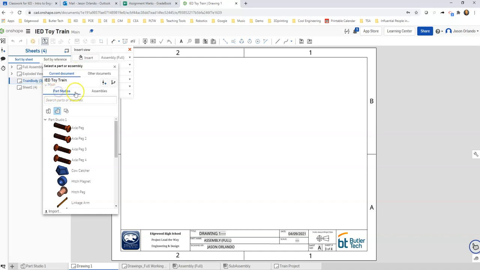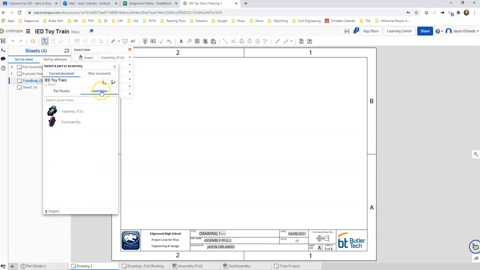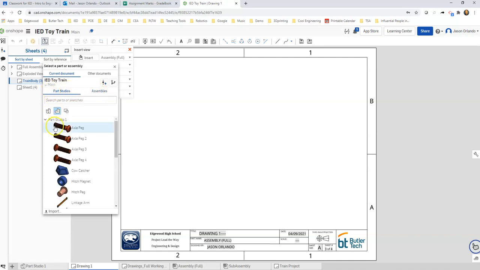And then I want to be on the Part Studio area. If for some reason it defaults to the assemblies because you've already done an assembly, just make sure you get back to the Part Studios where you model your part. If you have more than one Part Studio, you'd be able to select that here. But you should have modeled everything inside one tab, one Part Studio. Although there might be a few of you that I did see start new Part Studios and model second, third, fourth pieces in different places. So just be mindful of that. We're in Part Studios and I'm in Part Studio 1. Okay, so I'm looking for the train body,